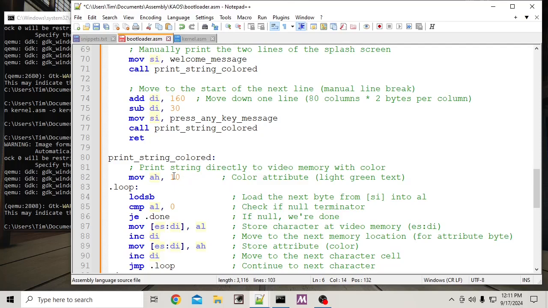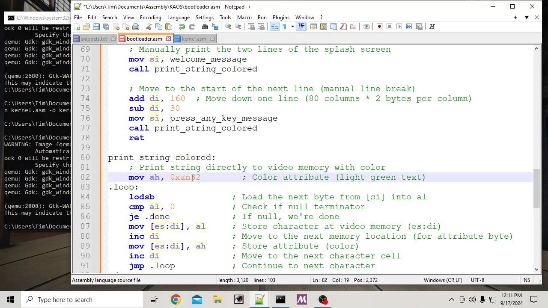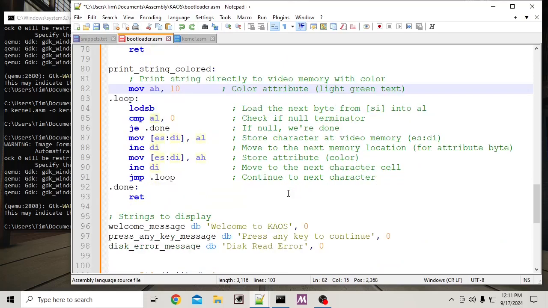Actually, here. Color attribute here. If I go 0xAB32, then the first part will be the background color, and the second part will be the foreground color. I forget which is which, but now we're working at that level. So that will allow me to make it so you can scroll through a limited number of choices